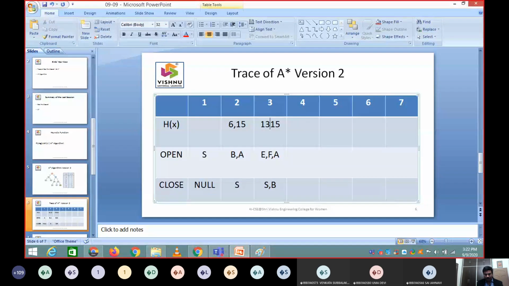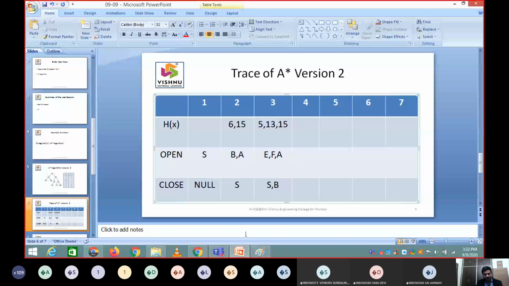Obviously the better alternative at this moment is 5, so remove this part here.